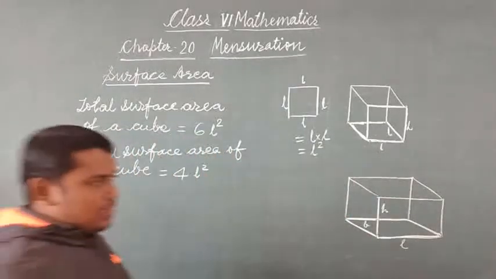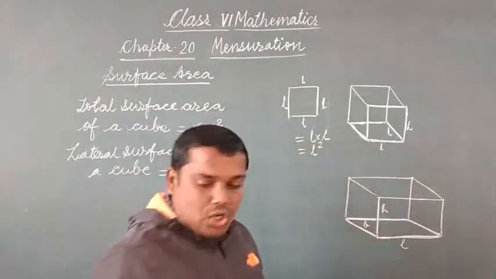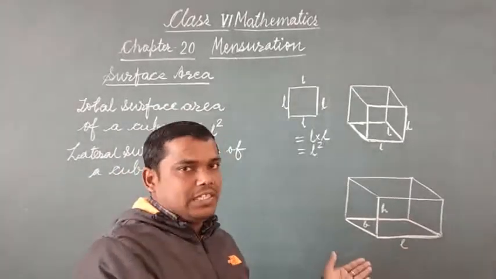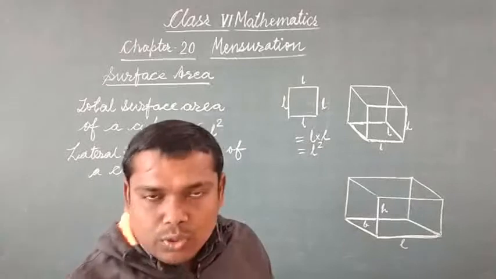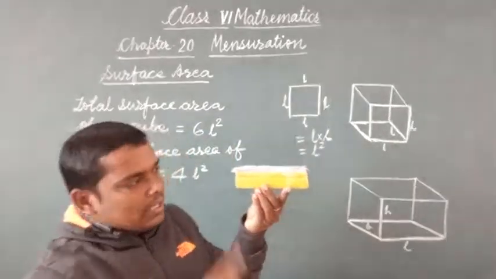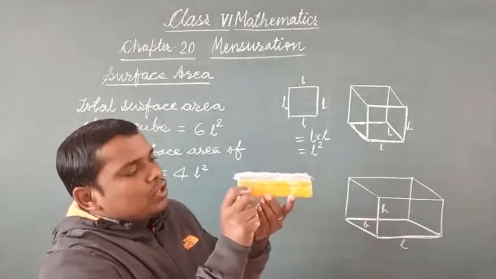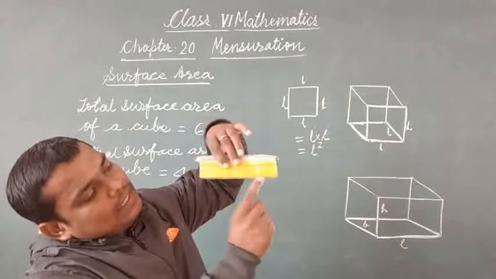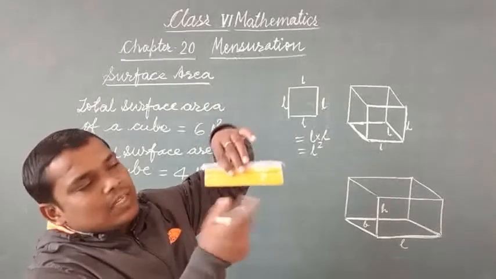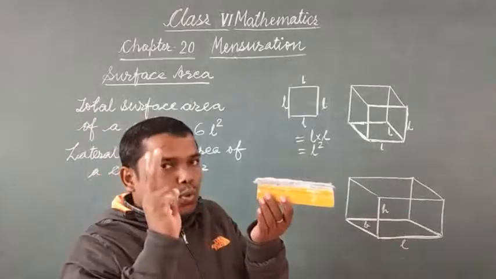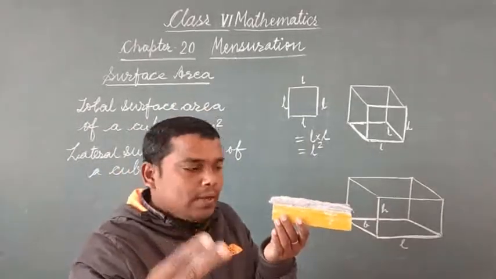Okay, its base is this one. In this case also we have lateral surface area and total surface area. If we are going to consider the surface area for this, suppose this is the cuboid, so this will be length and this will be breadth. So area for this surface will be length into breadth. Area for this surface will be length into breadth. So 2 times length into breadth we have got.